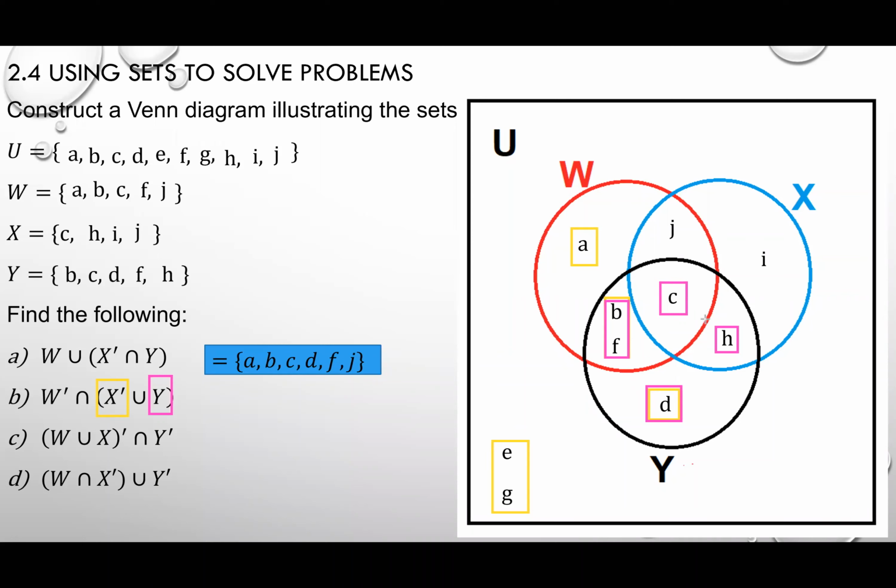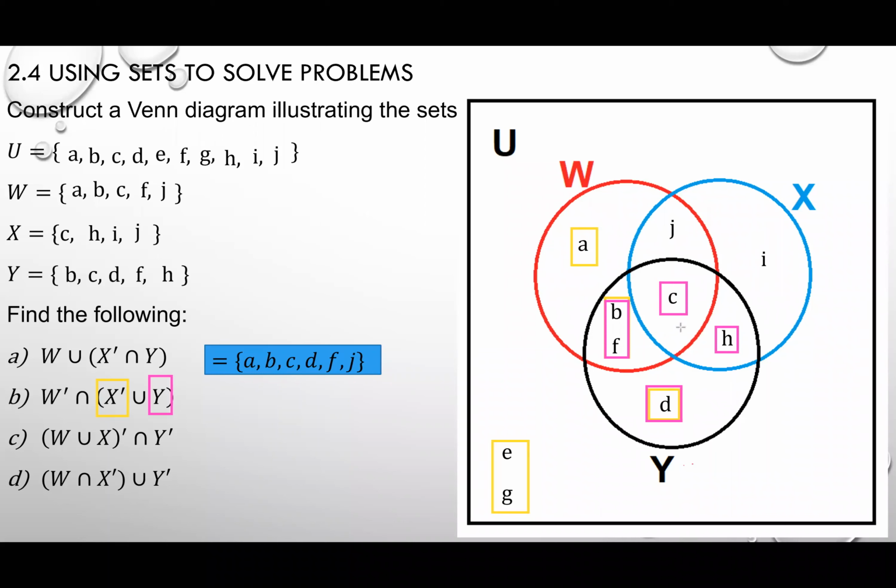Inside my Y circle, I have 4 regions here. So do you see that my yellow item is outside of my X, my pink item is inside my Y? The union part basically tells you that whatever you just identify, that is what you have. You unite them together. You take the first item and you add it to the second item. So whatever I just boxed, those are the items that are either outside of X